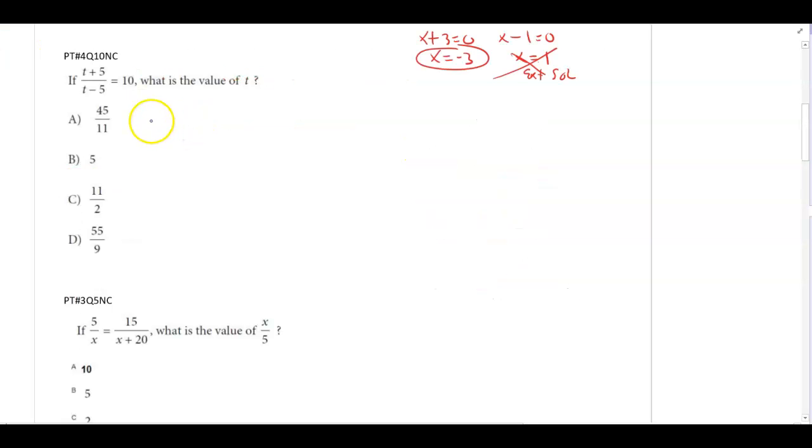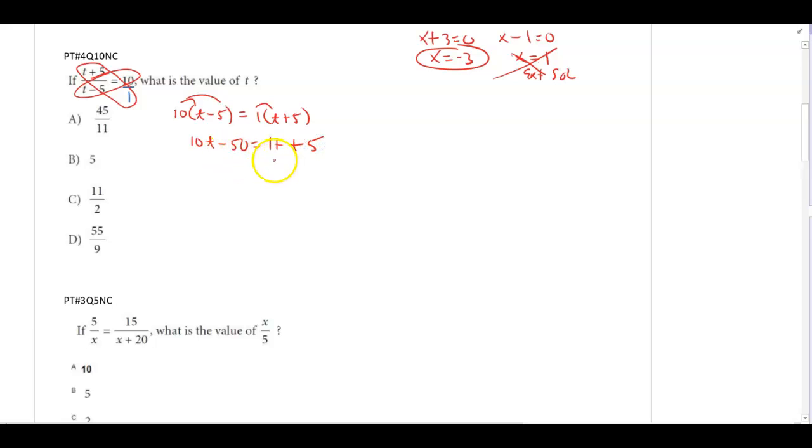So the next equation, same thing. A fraction over a fraction equals a whole number, so I'm going to put that over 1. Then all I'm going to do is cross multiply. Doesn't matter which way you cross multiply first. So 10 times t minus 5 equals 1 times t plus 5. Now I'm going to distribute that 10. 10 times t is 10t. 10 times negative 5 is minus 50 equals 1t plus